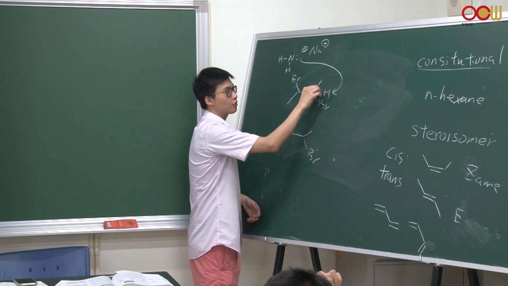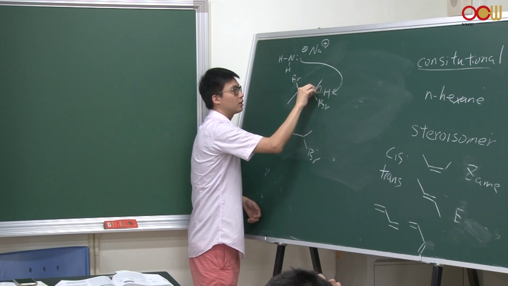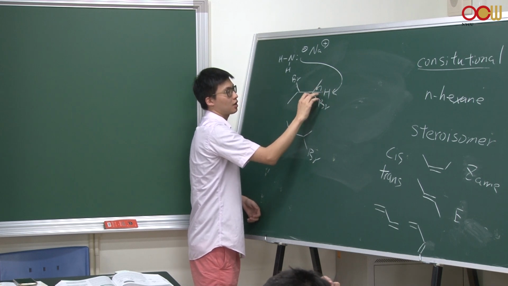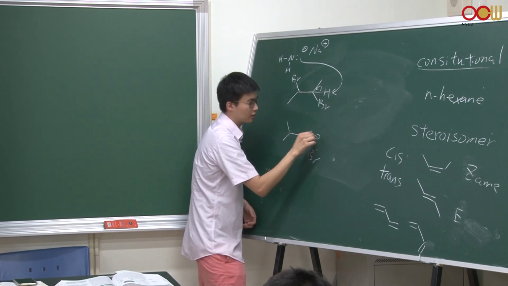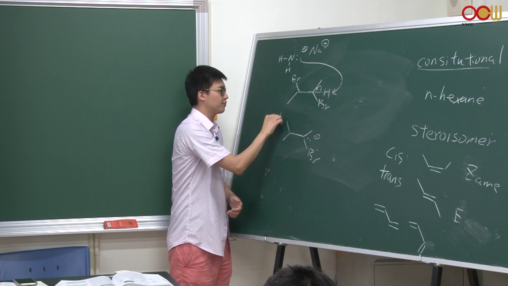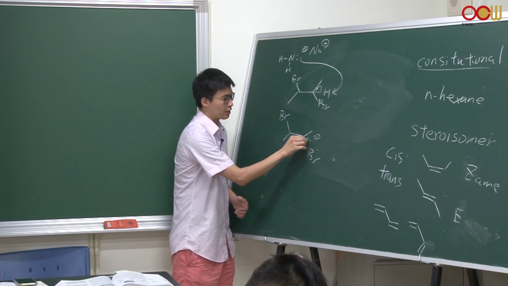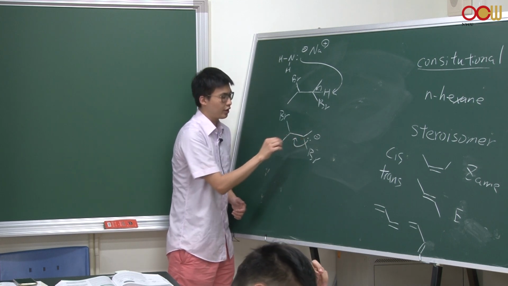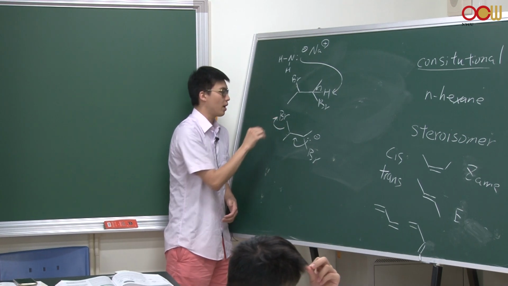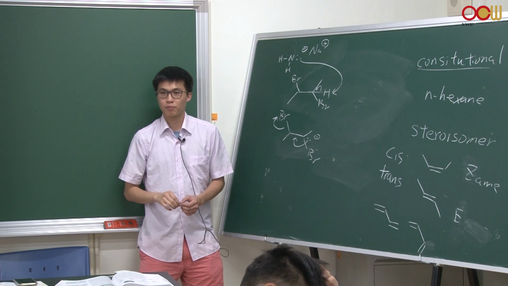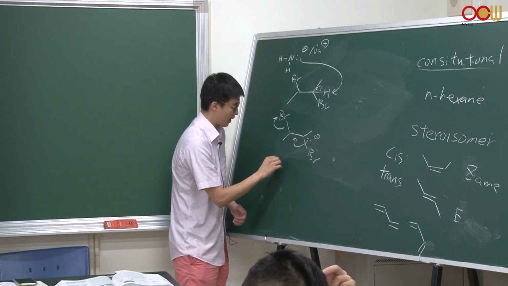When you pick up the proton, the extra electrons on this bond come to this carbon, so this now becomes negatively charged. And then this electron moves down here to form a new bond while kicking away this bromo group. So you end up with